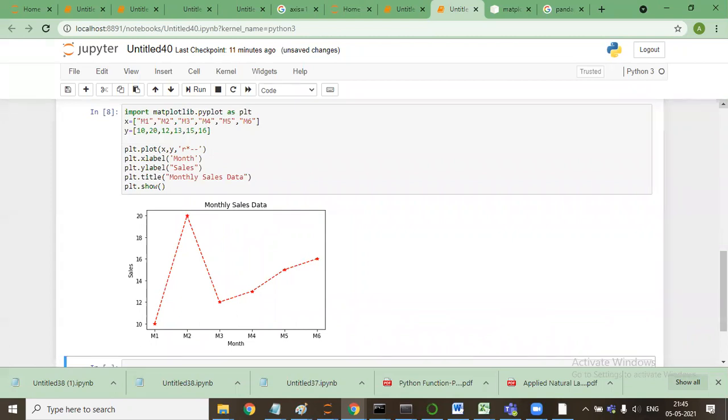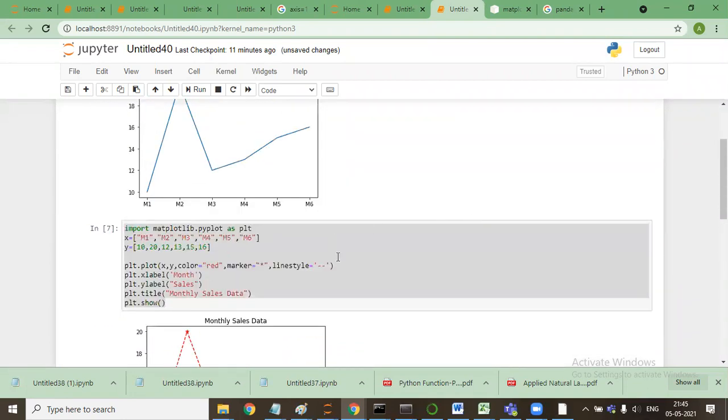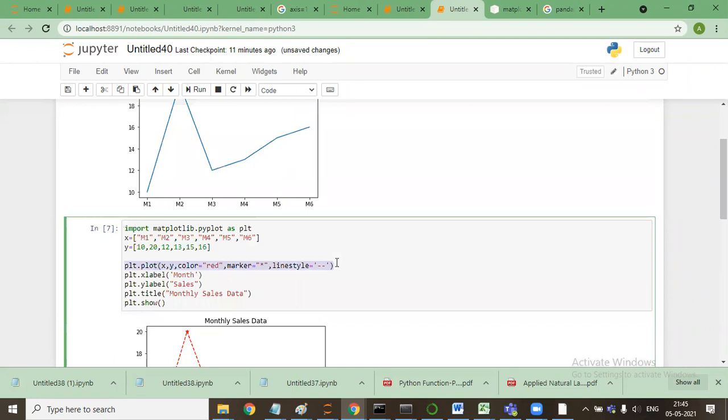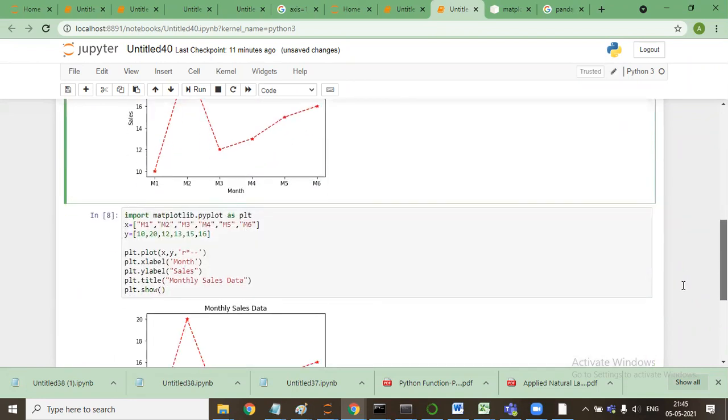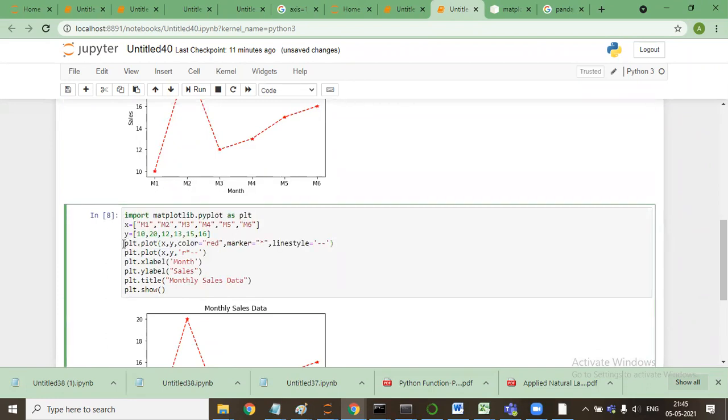So that was one way to represent it, and this is another way to represent it. Instead of this way, you can use this, where you have to type less.